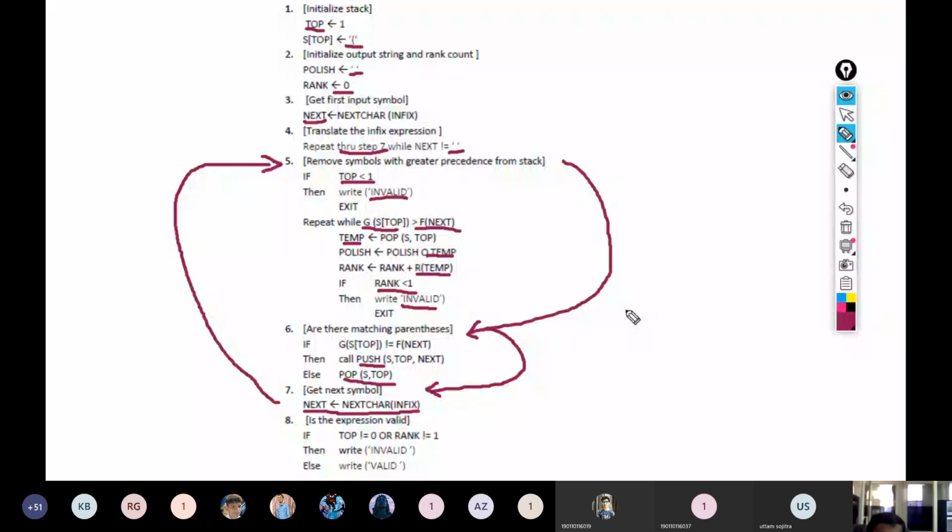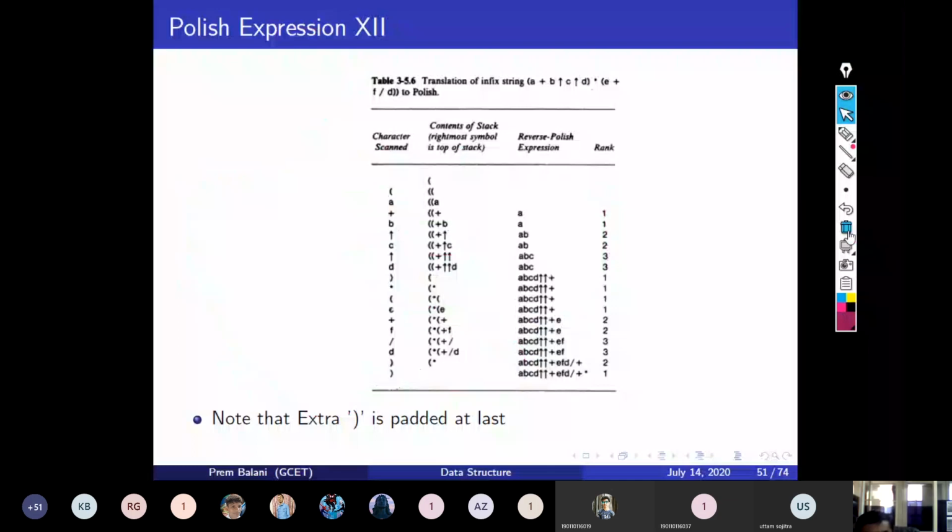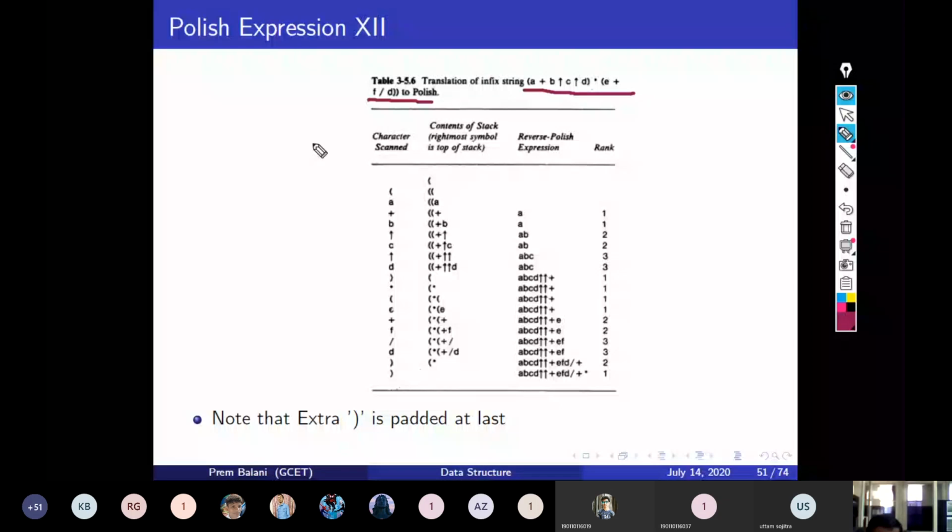So I hope all of you have understood this. Now, let me remove all ink from the slide. Now, this is the example, and we want to convert this expression to the Polish notation, and I think we should cover this in the next lecture, as we have already taken 40 minutes, and I think in 10 minutes I cannot finish this example. Or should I go ahead with this example?